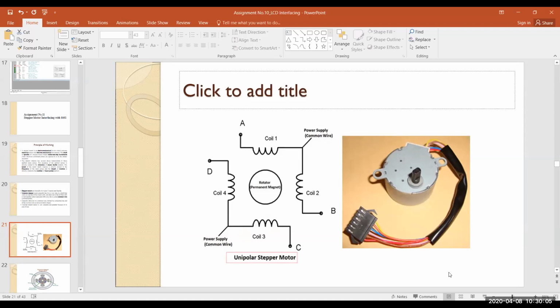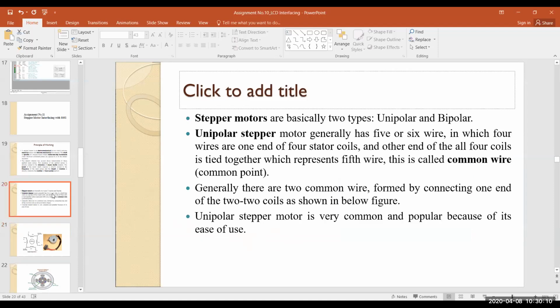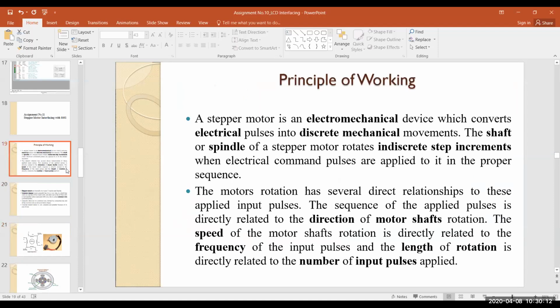Now what the stepper motor actually is, or the principle of working of the stepper motor, I will show you first. A stepper motor is an electromechanical device. It is an electromechanical device, which means whatever current we pass, or whatever electrical pulses we give to this stepper motor, it converts into discrete mechanical movements.